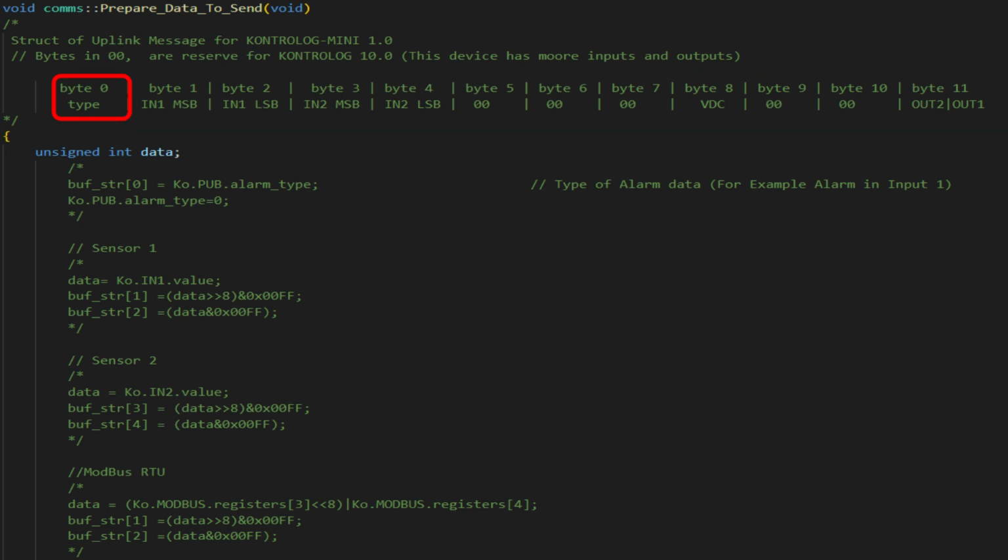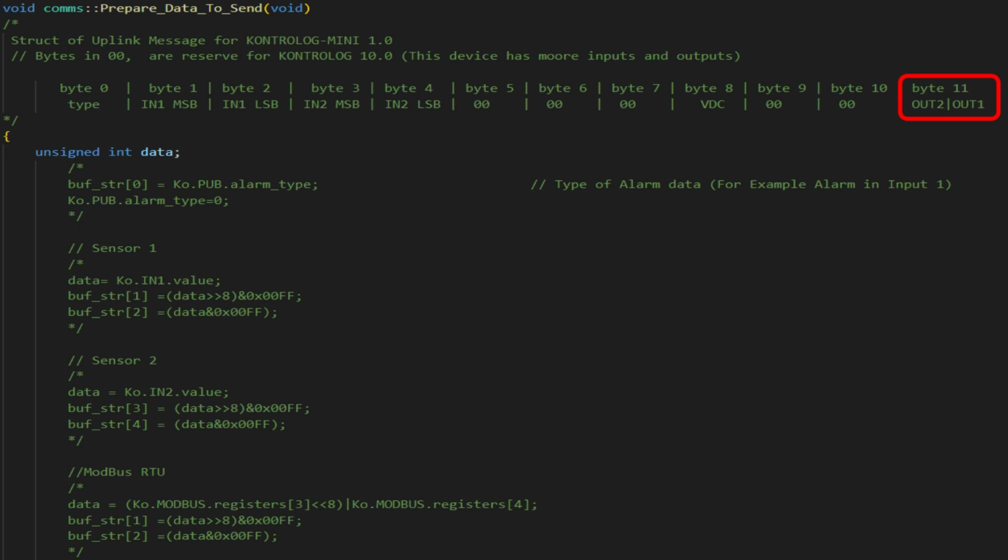Bytes 1 and 2 are assigned for the data read by the sensor connected to the analog digital input 1. Bytes 3 and 4 are assigned for the data read by the sensor connected to the analog digital input 2. Bytes 5, 6, 7, 9, and 10 do not contain information and can be used if required by the user. In addition, byte 8 is assigned for the input DC voltage measurement reading, and byte 11 indicates the output 1 and 2 status.